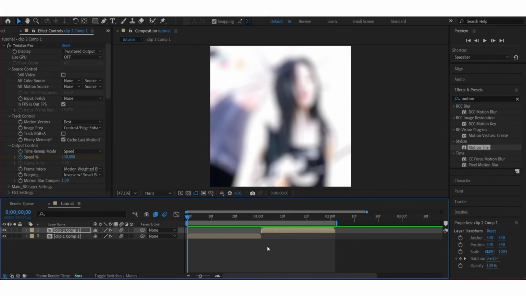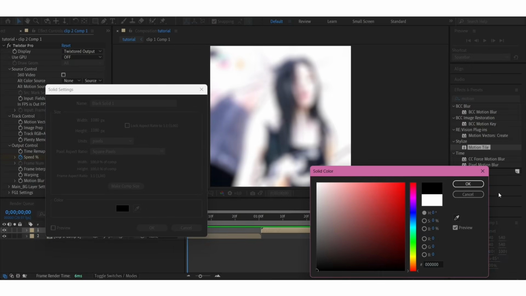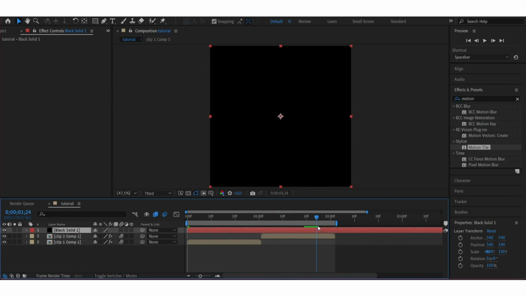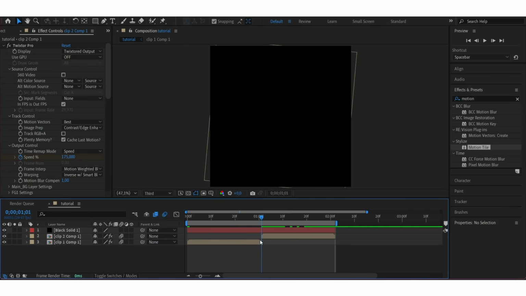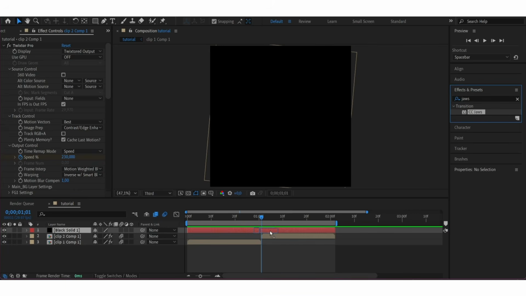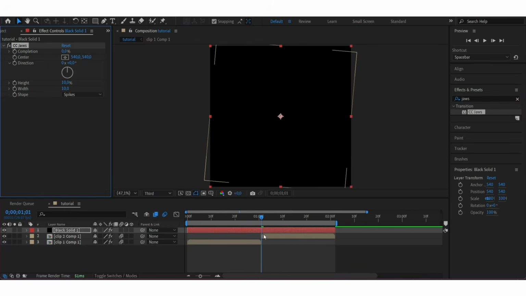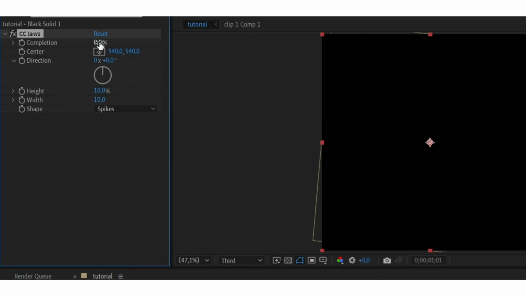You can just leave it like this, but the full transition that I'm teaching also uses a solid. So you're going to create a solid, pressing Ctrl Y, and you're going to set it to black. Crop that so it's the length of your clips like this, and you're gonna go right to the middle and you're gonna search jaws. You're gonna put that effect on your solid, and in the middle you're gonna put completion